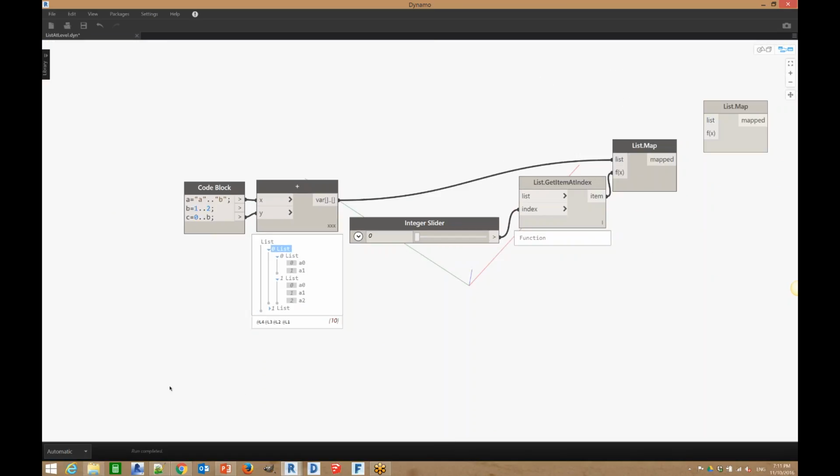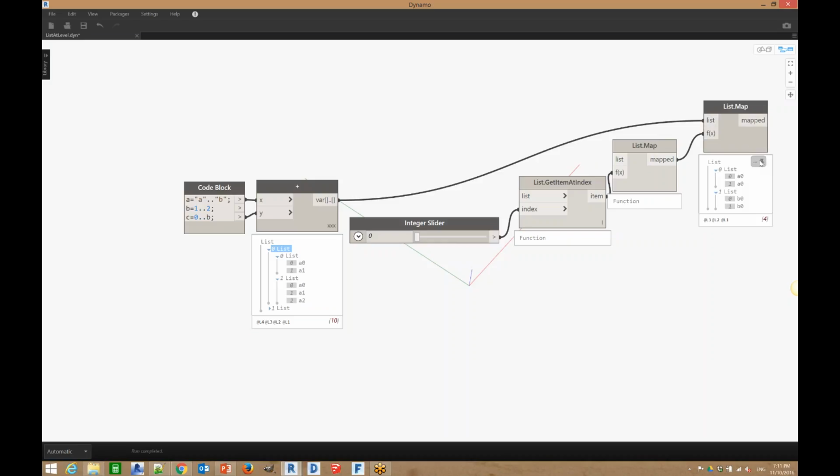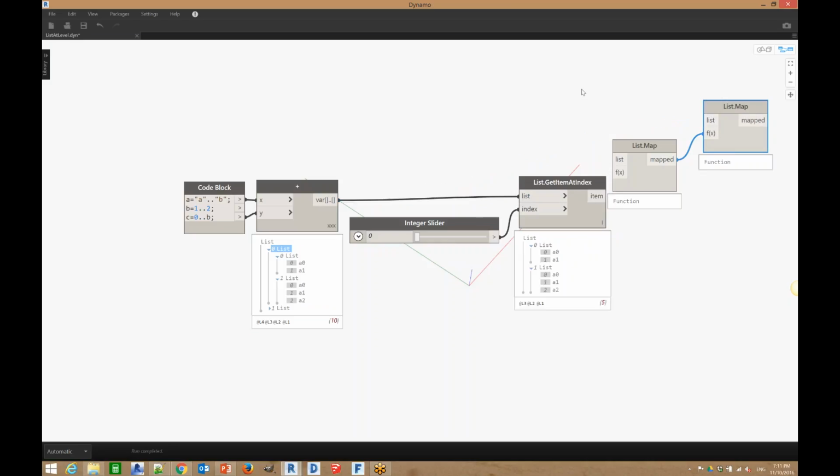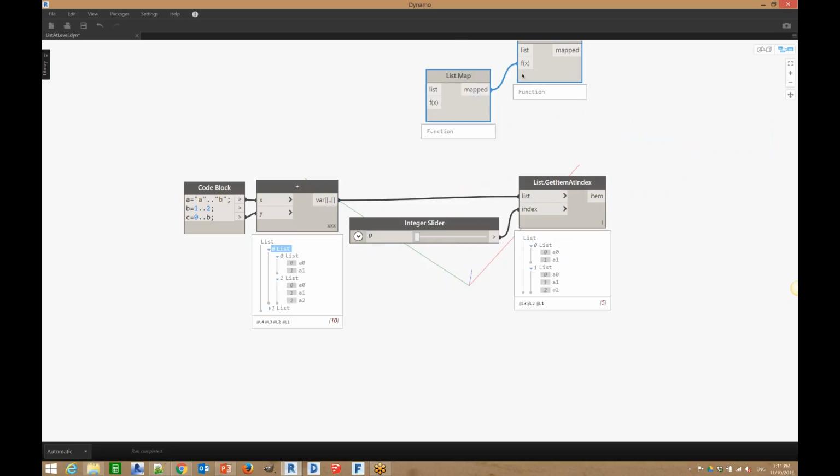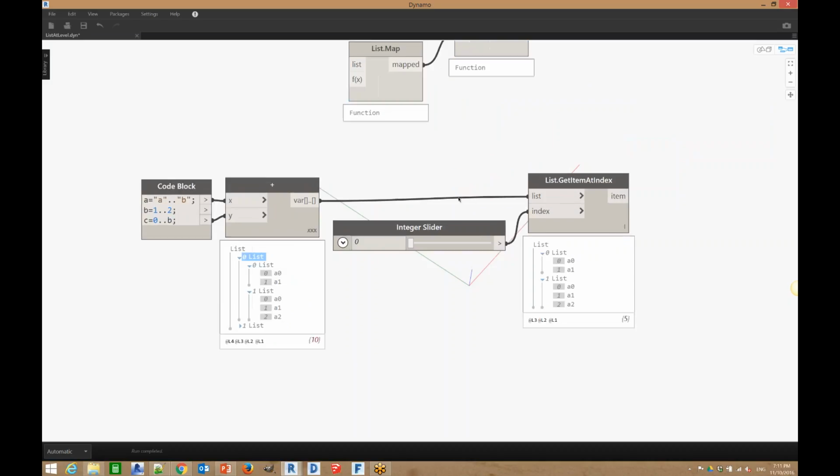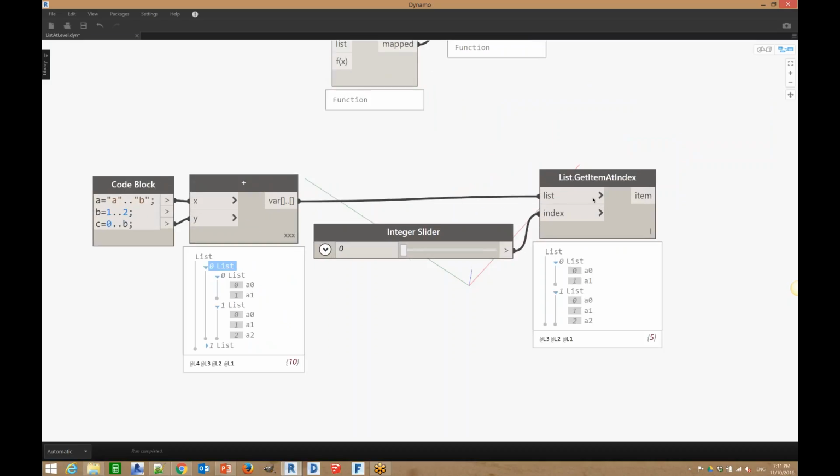So now, if I look at this list, rather than getting that top level thing, I'm going one in. And then if I want to get even further, then I do another list map, and now I can get all the way down into it. So this is the problem that we are trying to solve, of this being not any fun, and nobody really wants to do that. So the list at level functionality are these little arrows that we have here now,